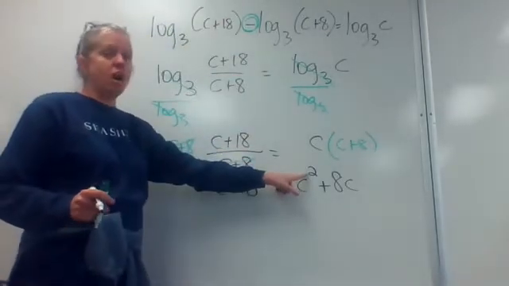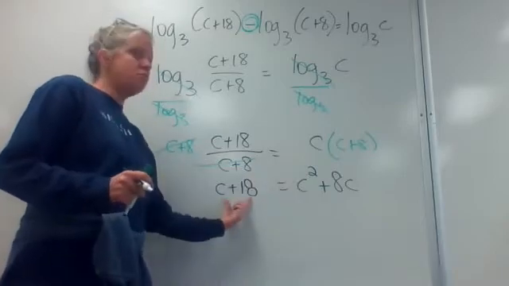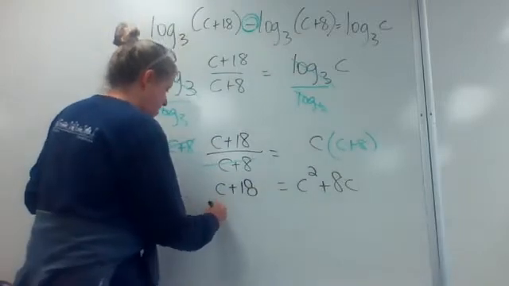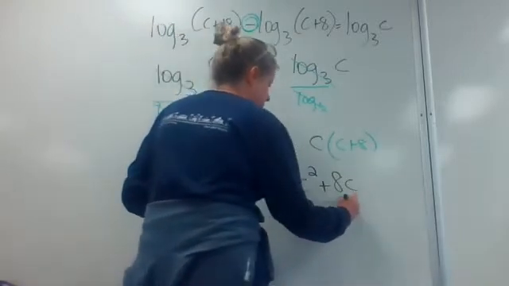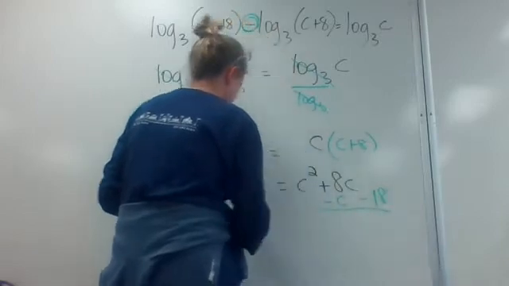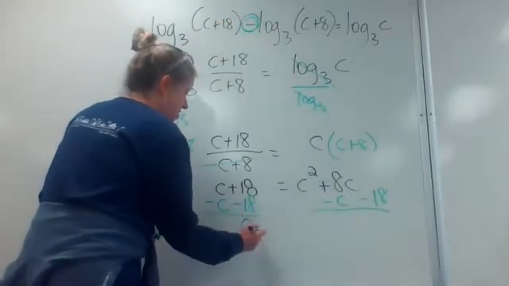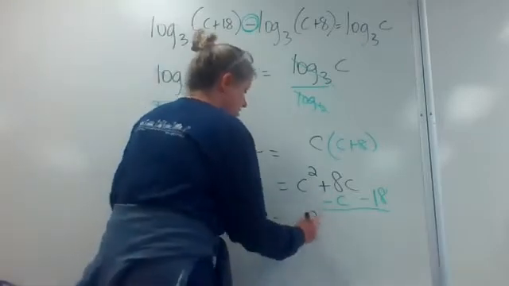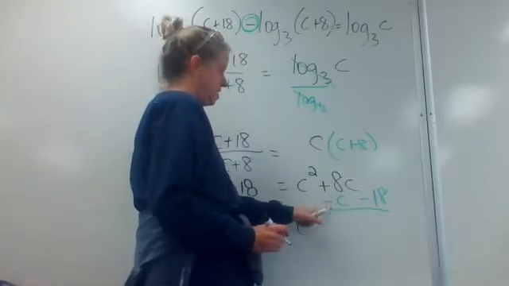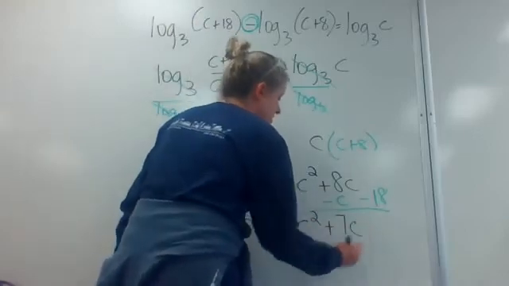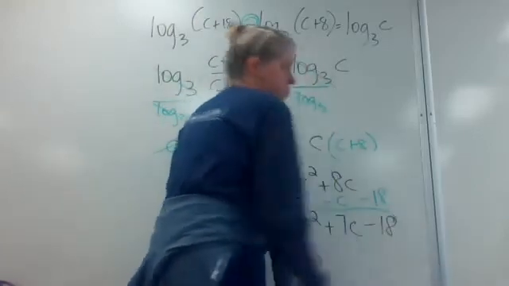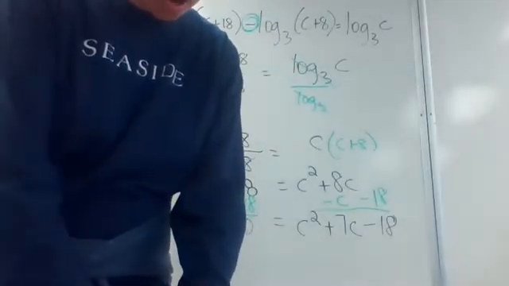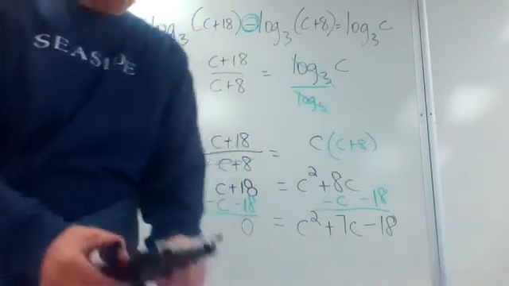So now I see that it's quad. So we'll move these 2 terms over here. So I'm going to subtract c and subtract 18. So now I have 0 equals c squared, put the c's together, so I have 8c minus 1c, which is 7c, minus 18. Now I could either factor that, or since it is quad, I can go to my quad program